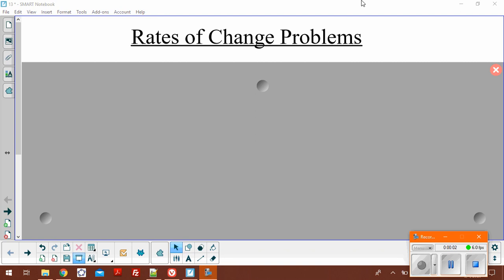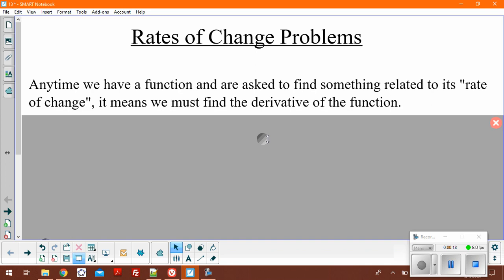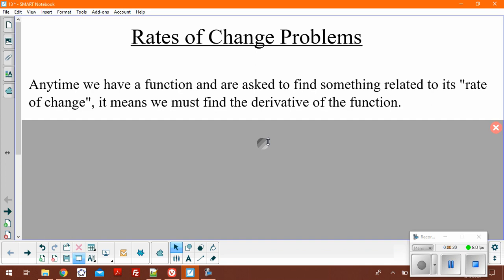Hello everyone. Now that we've learned the derivative rules, especially for polynomial and rational functions, we're going to talk about word problems, specifically rate of change problems. As the name implies, these are situations where you're looking for the rate of change. You have some kind of function and you're being asked to find something to do with its rate of